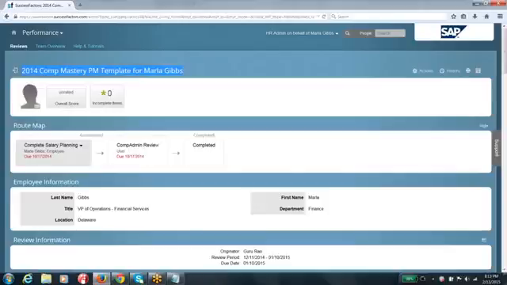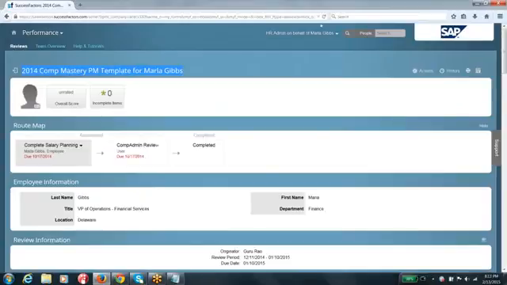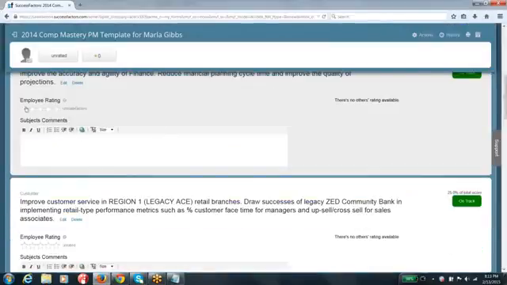What you place on the employee's account is nothing but a form, and the form is what employees are going to work on, like updating their self-review comments or providing their self-review ratings. A manager might be giving review feedback, updating his own comments, or providing the management evaluation ratings. Those are the things done by the employees. You can see the form here has been launched to an employee named Marla Gibbs. And here is where you will find your rating scales: this is your rating scales.